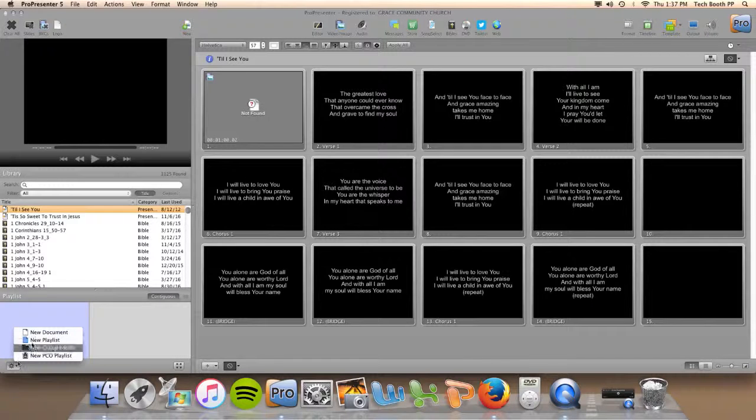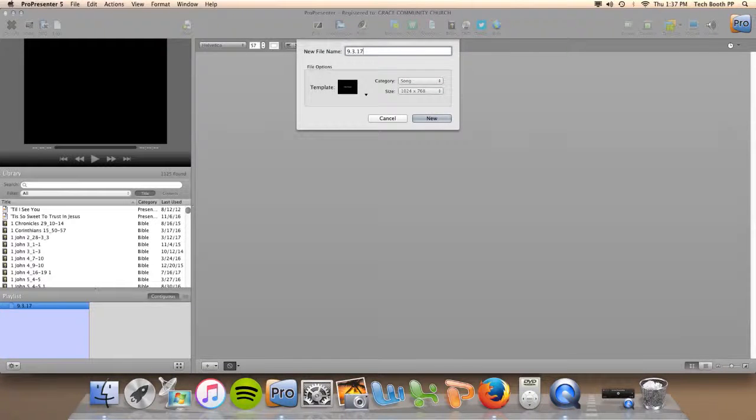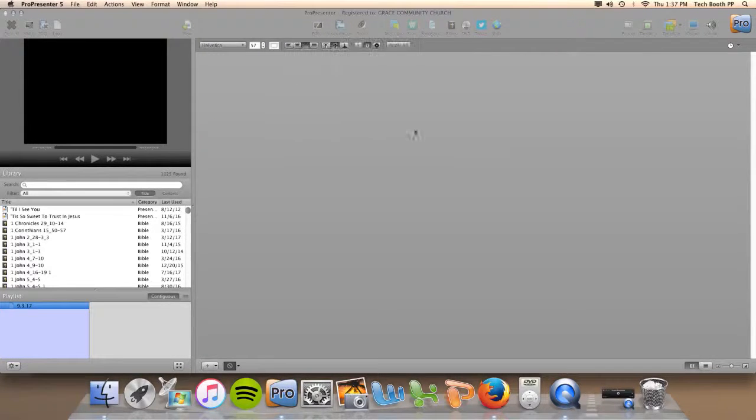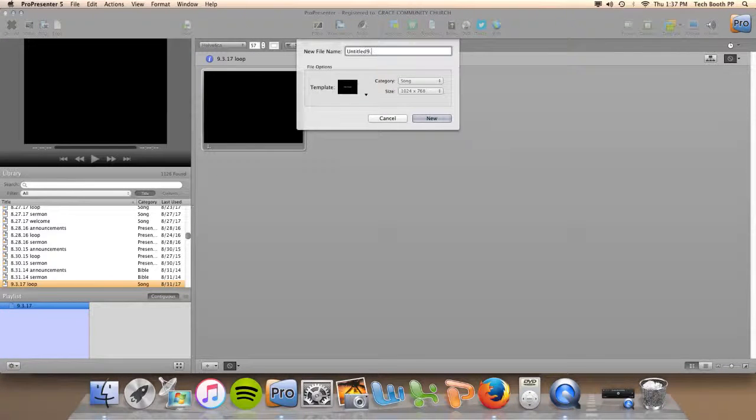First thing we're going to do is create a new playlist, and we're going to name it the date. When you open this up, you'll probably see the previous week's playlist written there. So there's our new playlist. We're going to create new documents. We're going to label them with the same date, and then I've got loop. That's all the slides that run before. Then we're going to create